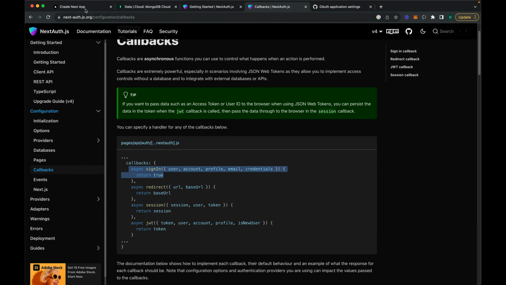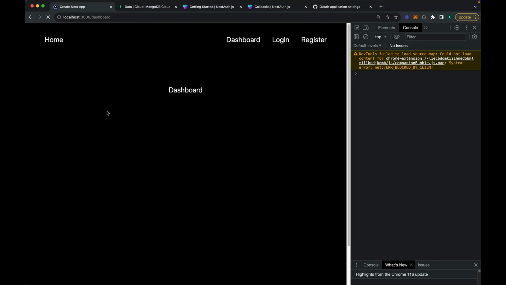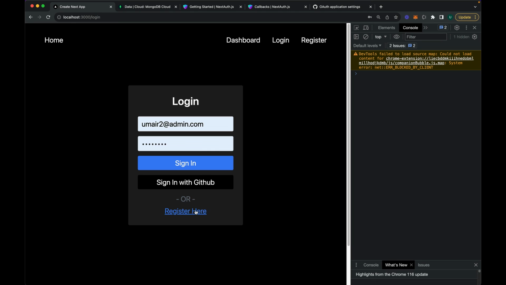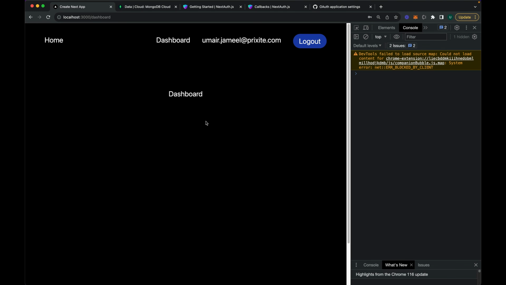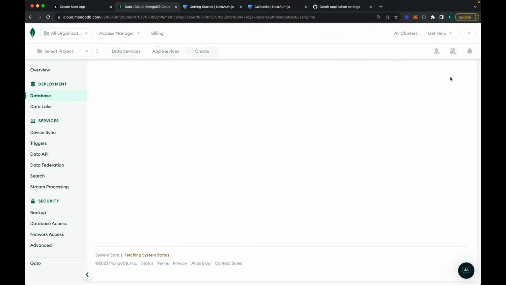Now let's go to the browser and let's refresh everything. We are actually logged in. Let's log out and let's click on the login, and we have everything working well. Let's click on sign in with GitHub and it should be working fine, and we are actually signed in. Let's go to MongoDB. Let's refresh,